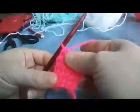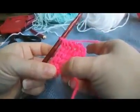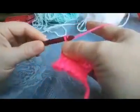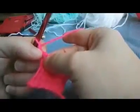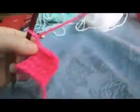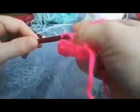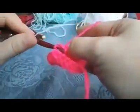Now to bind off, on our 5th row we have 1, 2, 3, 4, 5. So we're going to bind off. We're going to chain 1. This chain 1 is going to give you this stitch here. If you just go straight across to bind off, you're going to end up with 1 less stitch. So then we're going to slip stitch in every stitch across,